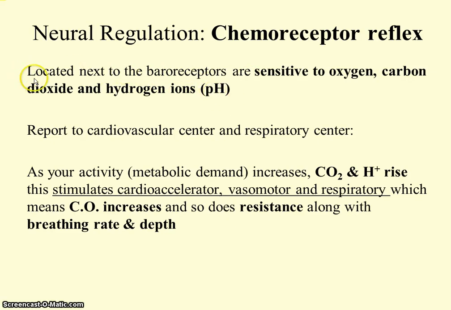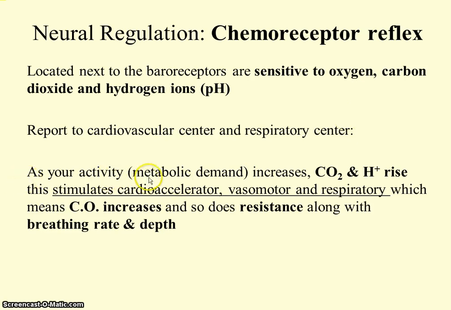And these are next door neighbors to the baroreceptors, and again, they're monitoring blood as it's leaving the heart, and that's a good place to be because the blood has just come back from the right side where we should have gotten a good exchange, and so the sensors are checking. So they send or influence the cardiovascular center and the respiratory center. So we have to add that, and the respiratory center is also found in the brainstem.